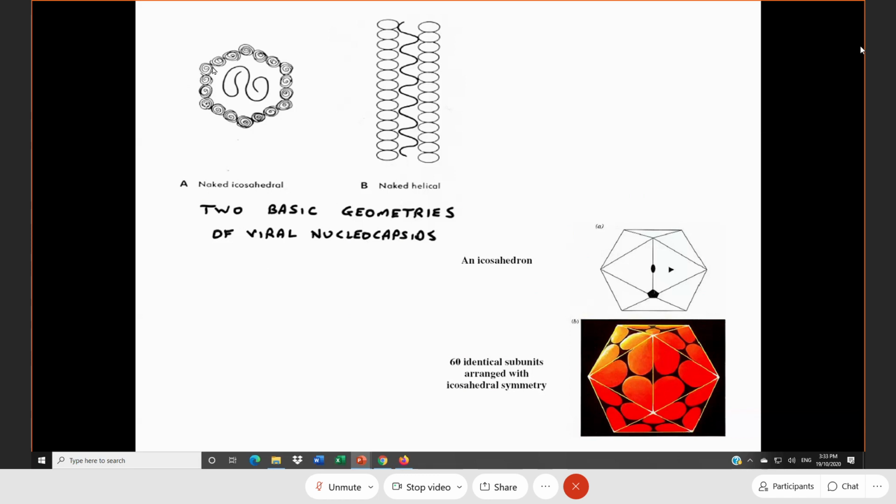Okay. This is what you see in the herpes virus just now. Icosahedral. Naked icosahedral means that there is no envelope. There is supposed to be an envelope outside here. So this one is naked, like helical, no envelope outside. This is actually the capsid, the one that I just mentioned. It is similar to the electrical cable here. Okay, so this is actually an icosahedral shape.